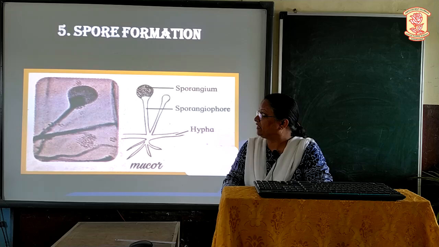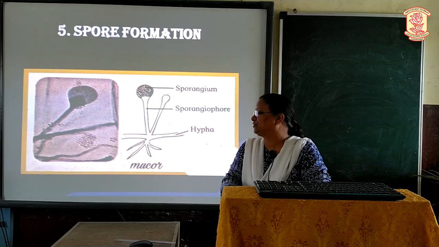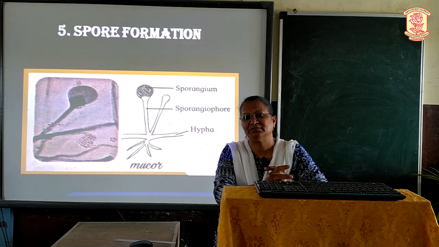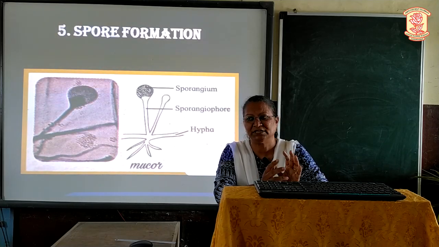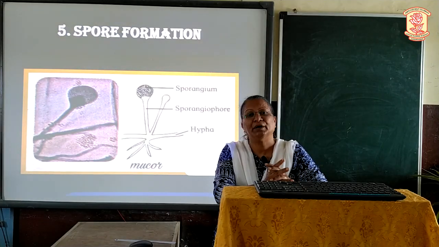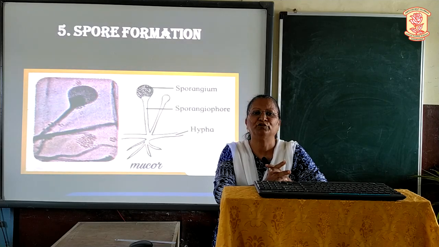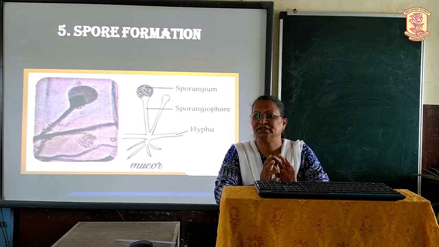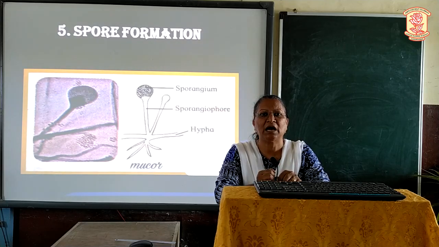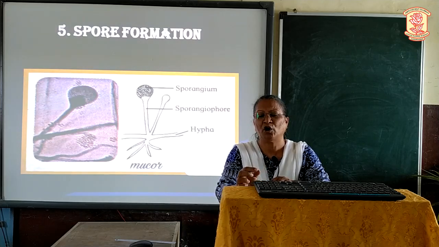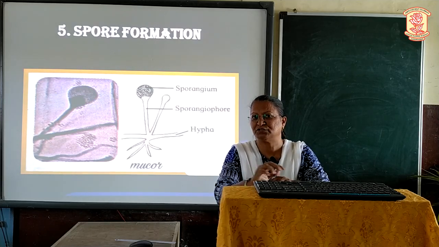Now we will see the next method, that is spore formation. You all would have smelt at home some food items smelling. Your mother opens and sees. Now why does this food item smell? We very well know during the rainy season there is a lot of humidity, because of which the spores on the food grains start forming small colonies of fungi. These can appear in the form of small black or brown spots.